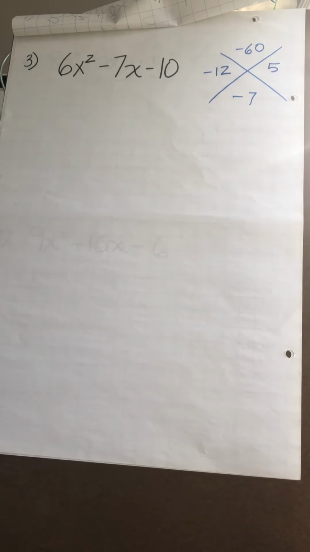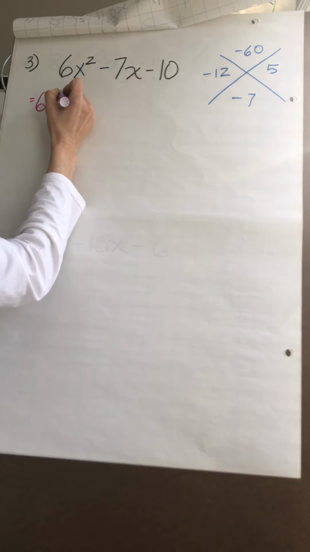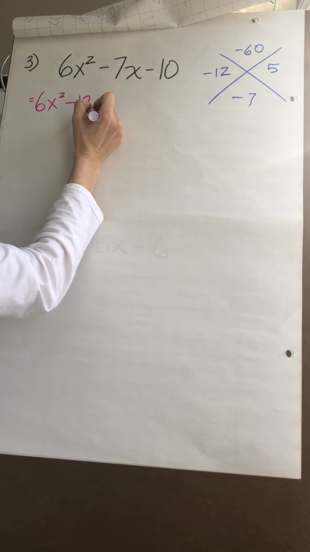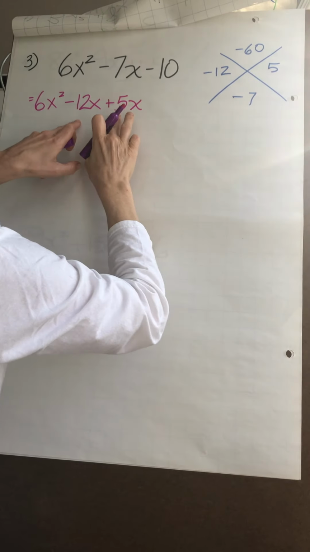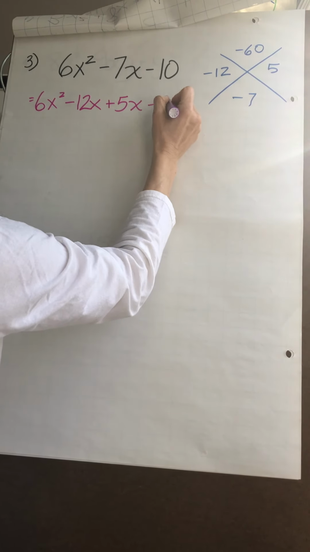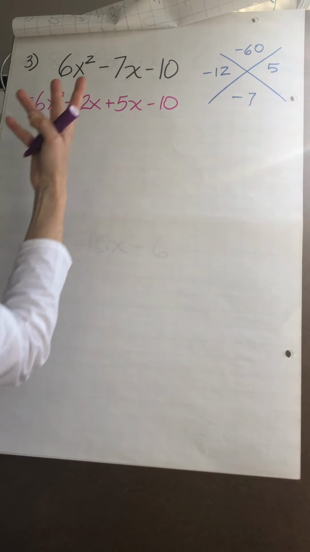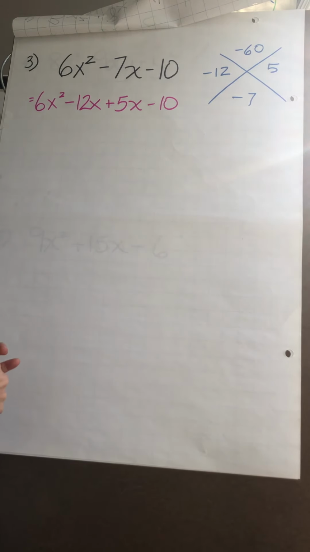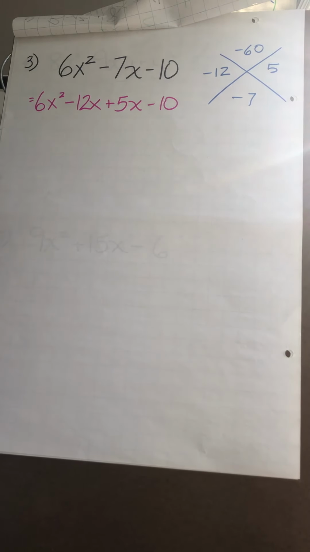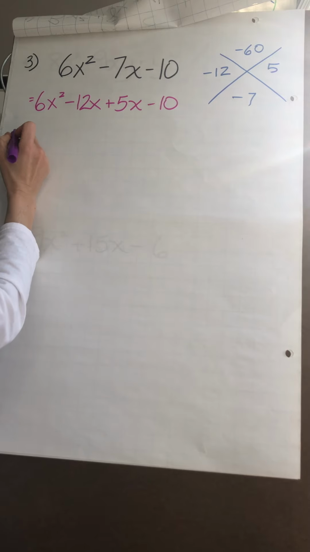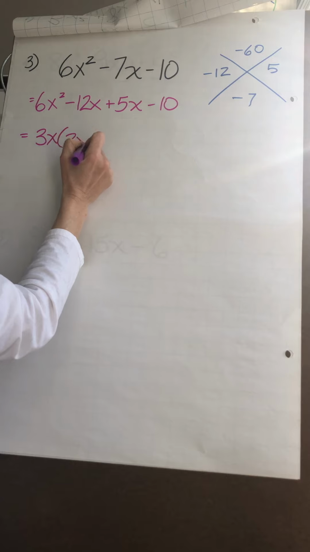So if I was to go back here, I'm going to do 6x squared, minus 12x plus 5x, minus 10. And by the way, it does not matter the order you put those two numbers in there. I know it sounds crazy, but it works either way. All right? Now here's what I was going to say. I was going to say, look, what if I made a mistake and I took out, as I did,